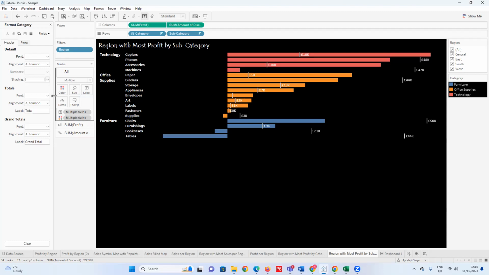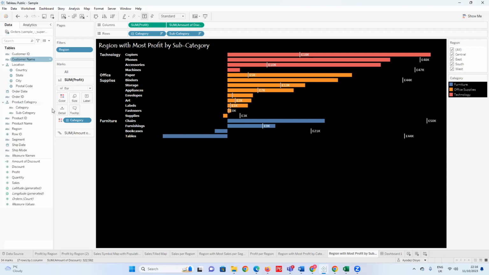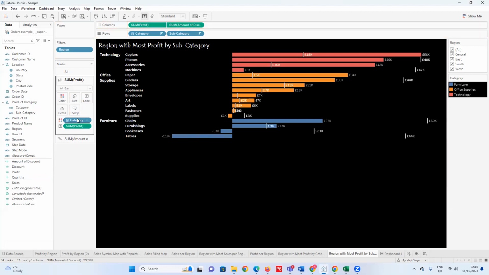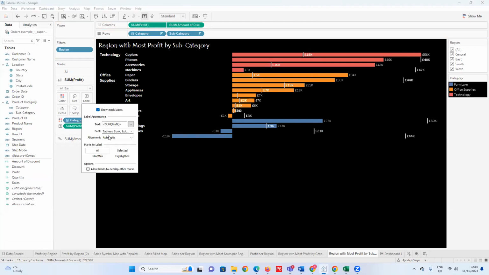And then again, another thing I can also do, I just thought about it, is if I bring in my profits and I put it on the label, it's still staying in front. And let's assume I go to the tip and I come here and I come to alignment, and there's something that says that should be maybe